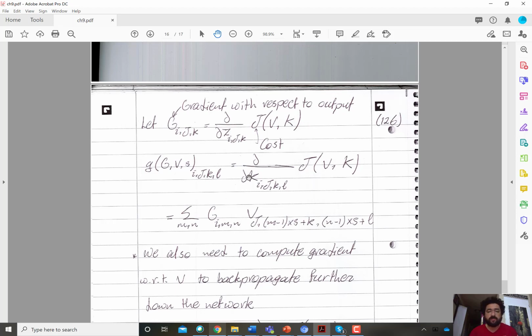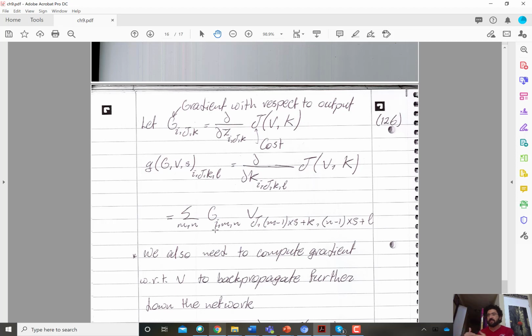So to compute the gradient with respect to a kernel value given by the 4 indices, the output channel index, the input channel index, the row offset, the column offset, we sum over all possible values of the row and column offsets, m and n, and then we have the output